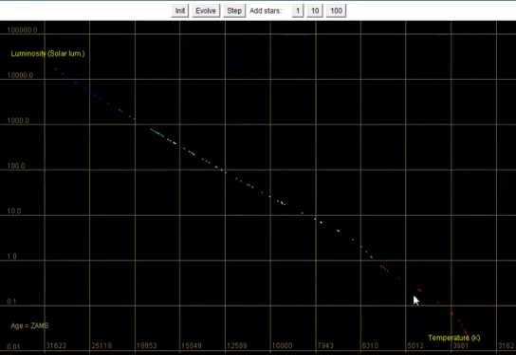Now the day all these stars are born, they fall onto this so-called main sequence, which is roughly a straight line right across the diagonal of this HR diagram. But as time goes forward, these stars use up their fuel, and the more massive stars, which are on this side of the graph, use up their fuel the fastest, just like a big fire would use up all of its firewood faster than a smaller fire, right?